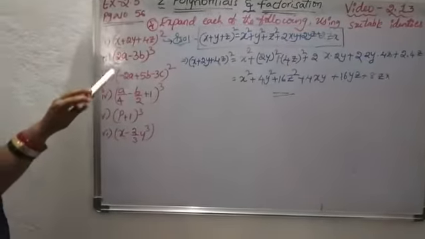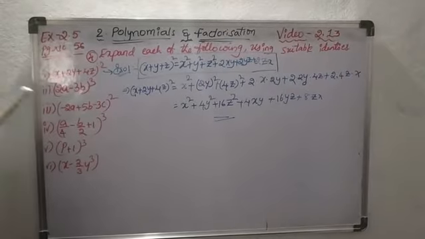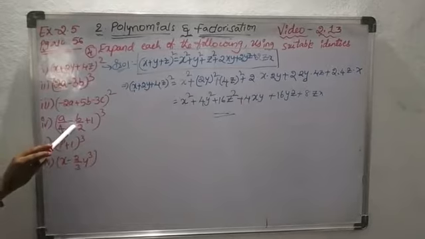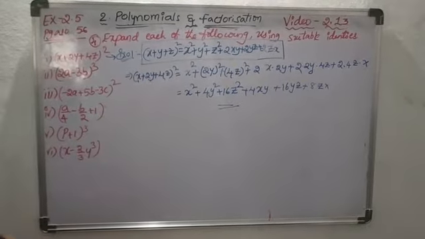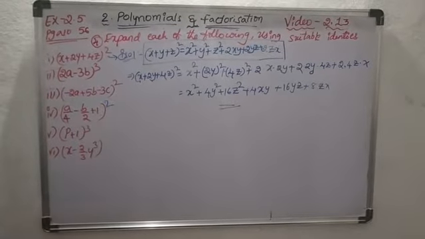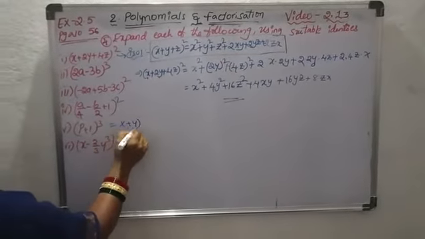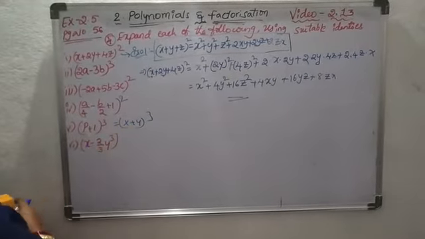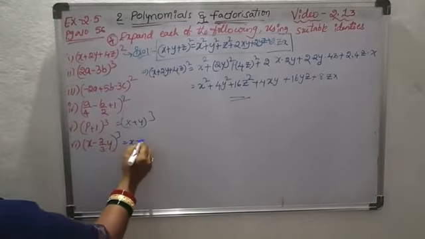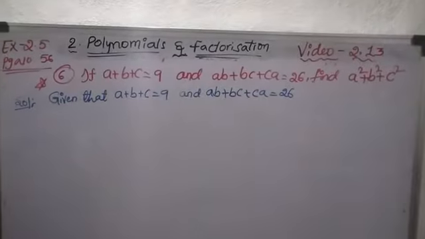Same like that, the remaining ones. This one is in the form of x minus y whole cube. Go and check that formula and use that formula. Applying it here you will get the answer. This is same like this. It is also a minus a by 4 minus b by 2 plus 1 whole square. Same like here, p plus 1 whole square. It is in the form of x plus y whole cube. Here x minus 2 by 3 whole cube, x minus y whole cube formula. So check that formula in the algebraic identities and you will get the answer.